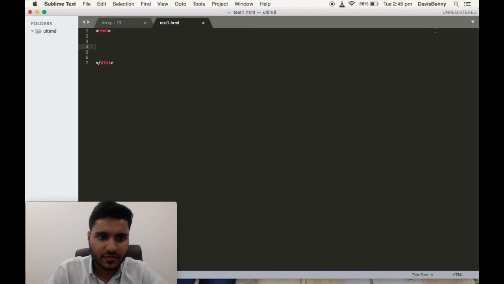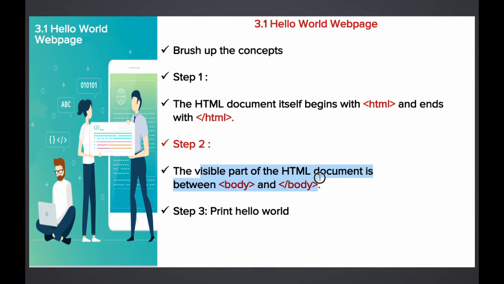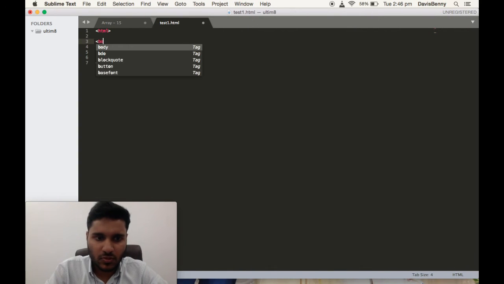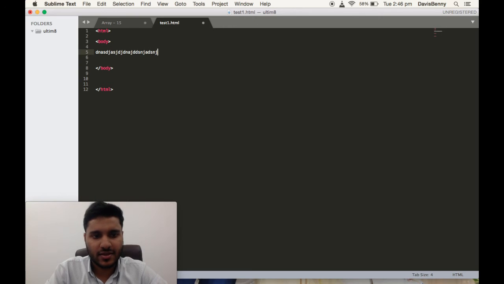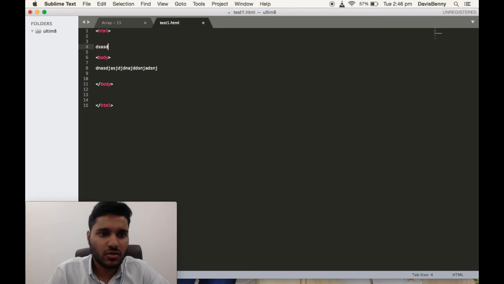And finally, for step 2, we know that the visible part of the HTML document is between the body tag. So body, the visible part to the end users will be within this section only. If we type anything here, it will be visible to the end users. But if you type something here, it won't be visible to the end user. So you should ensure that you are entering the information within the body tag only. So our first project is the Hello World project. So we are printing Hello World